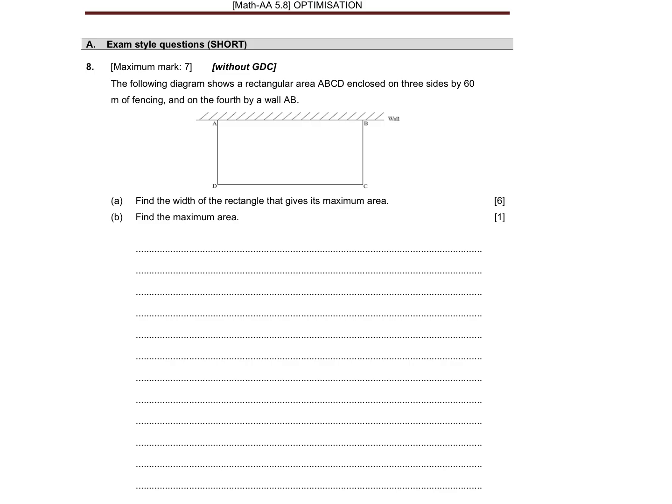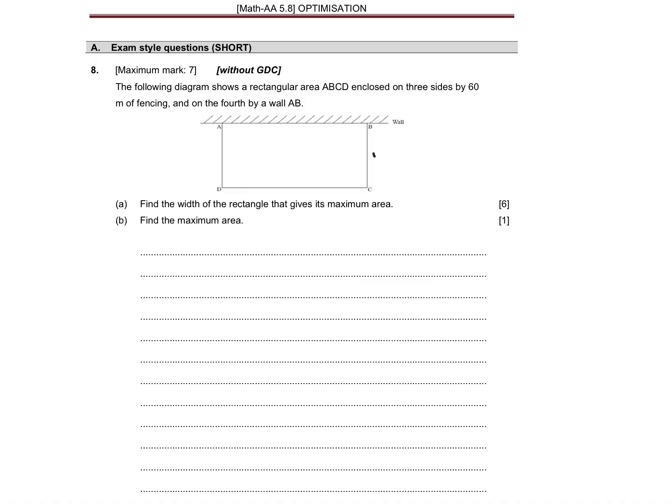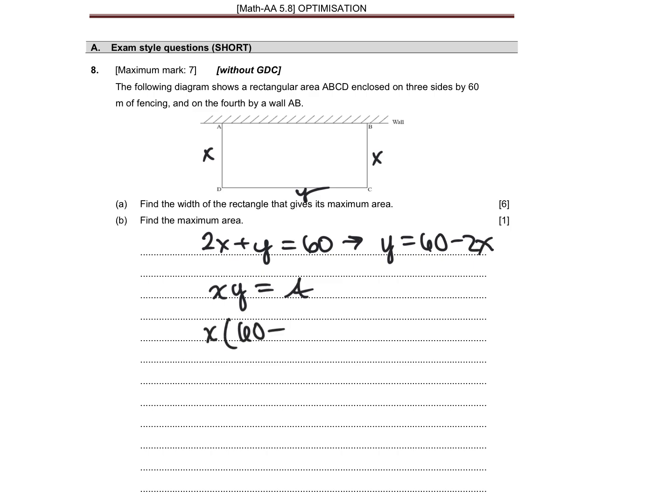The following diagram shows a rectangular area, ABCD, enclosed on three sides by 60 meters of fencing, and the fourth is a wall. Find the width of the rectangle and give its maximum area. So if this is x, and this is y, we have 2x plus y is 60, and x times y is the area. So now we have y is 60 minus 2x into the area,